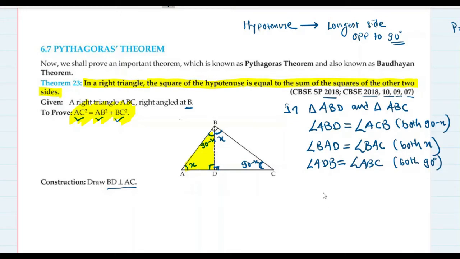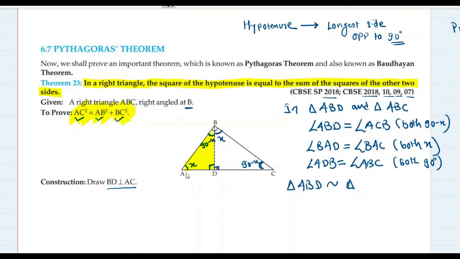Okay. So we didn't have to write three pairs, right? We just wanted two pairs of angles. But anyways, we have written three pairs, not required. You can just mention two pairs of angles to prove similarity by AA similarity test. So anyways, triangle ABD is now similar to triangle, now correspondence. The main issue is the correspondence.